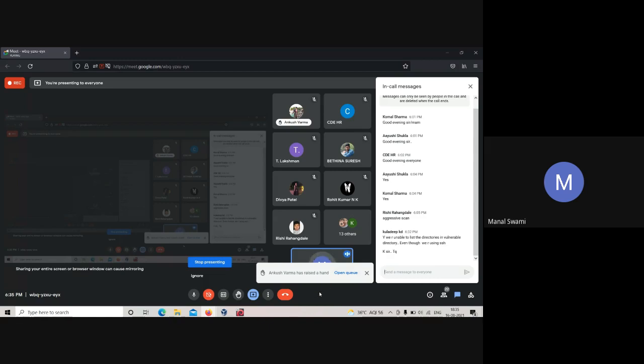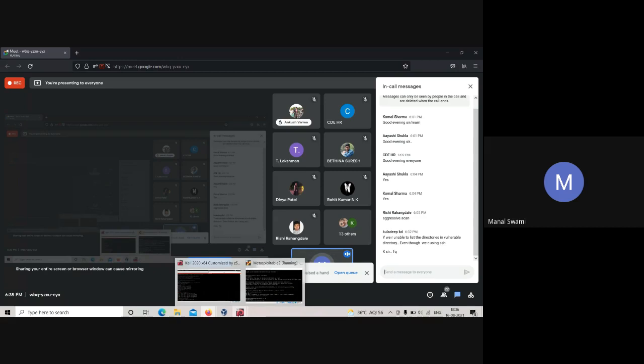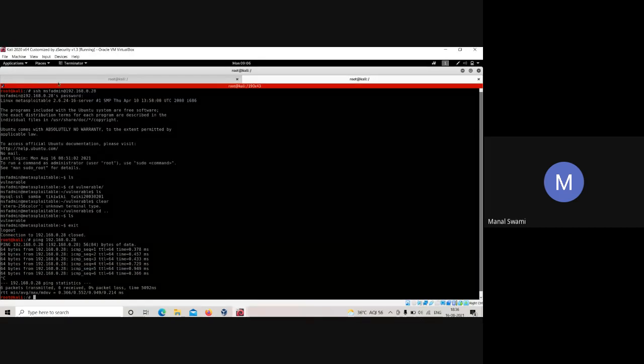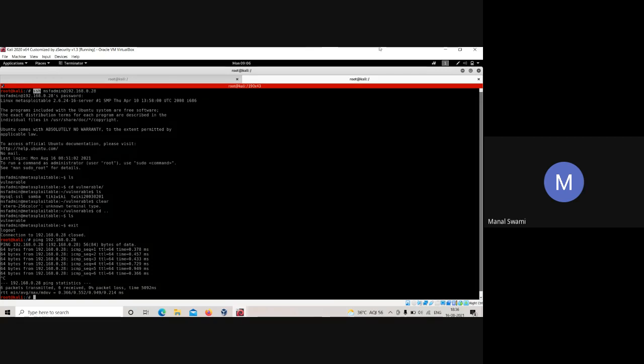Okay. Whatever we conducted today was a bind shell. We connected to this port through FTP and through SSH, where we tried to connect to this particular target through ports. This is a bind shell. A reverse shell will be when this particular target tries to connect back to us.